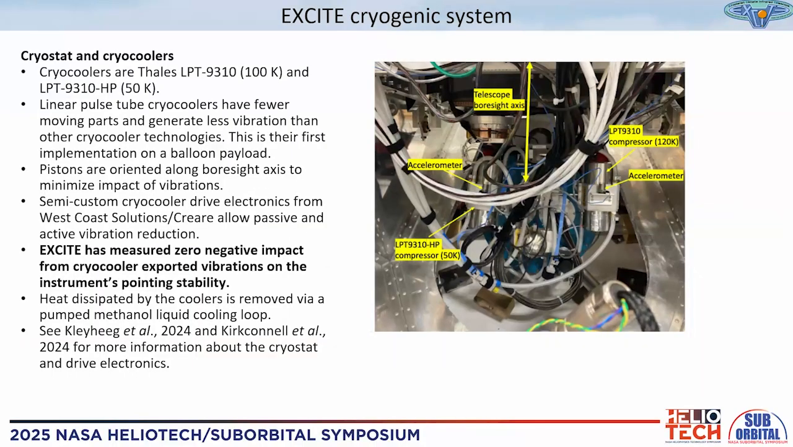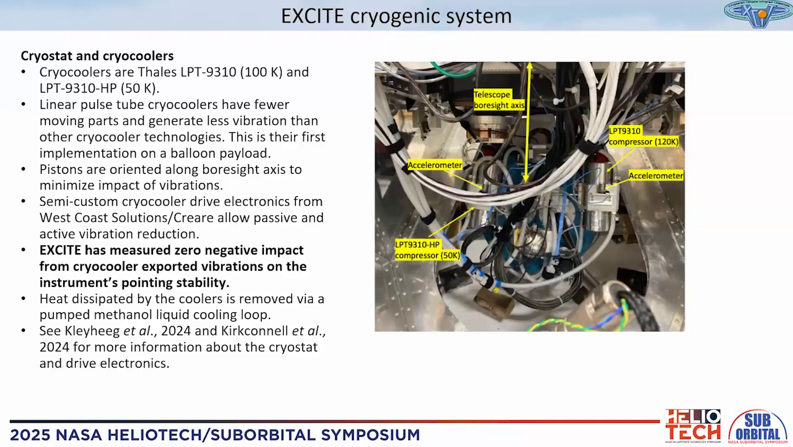So for the cryogenic system itself, we use a pair of pulse tube cryocoolers to get those temperatures. We thought about other cooling solutions. There are other cryocooler technologies. They're liquid or solid cryogens. None were really able to meet the optimization that we needed. And particularly pulse tubes are nice because compared to other cryocooler technologies, they have fewer moving parts and then less exported vibration. So this was their first